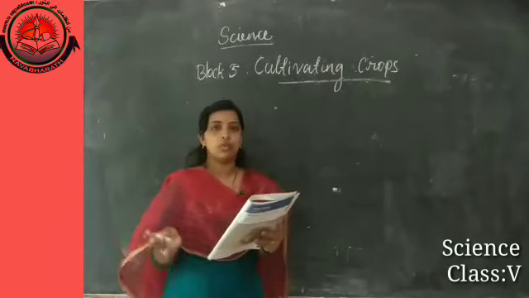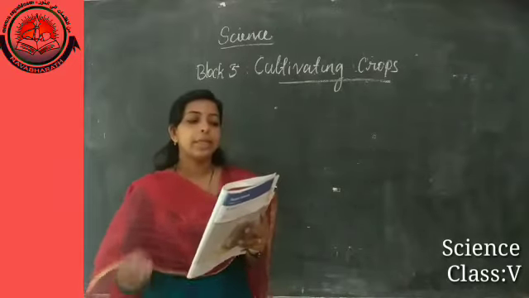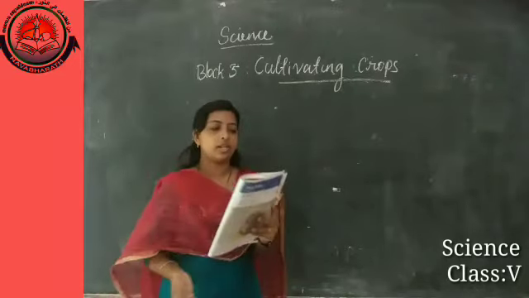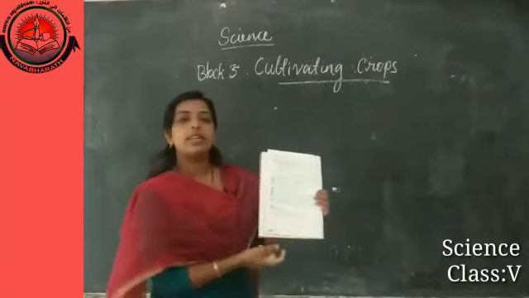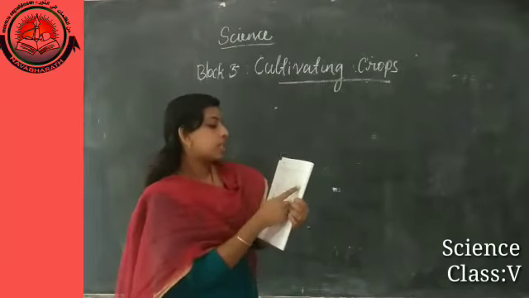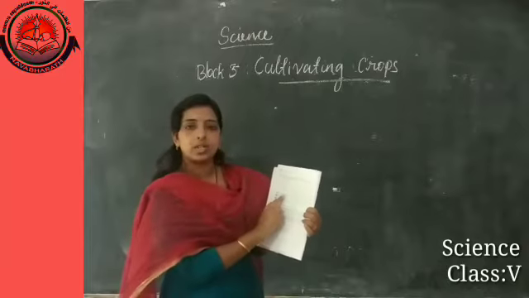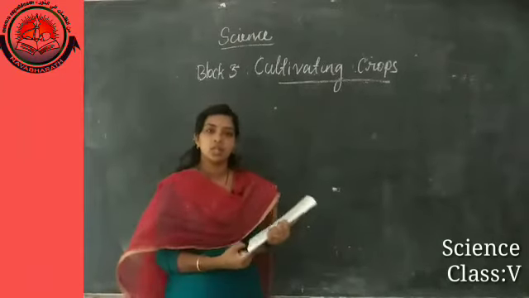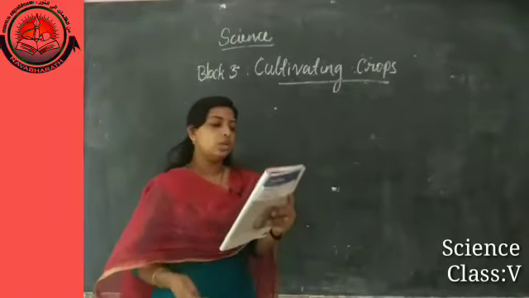crop production. For the sugarcane crop production, we have to make a flow chart. Here there are 7 steps given, 7 boxes. They are not arranged correctly, so we have to arrange them in the proper way, like in a flow chart.